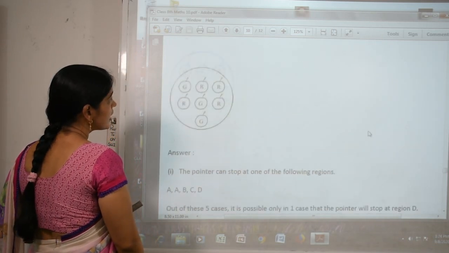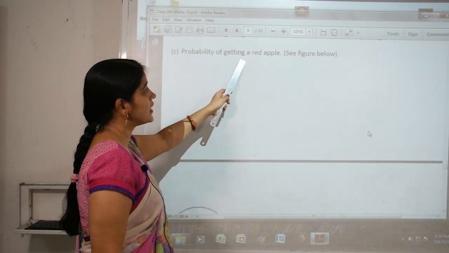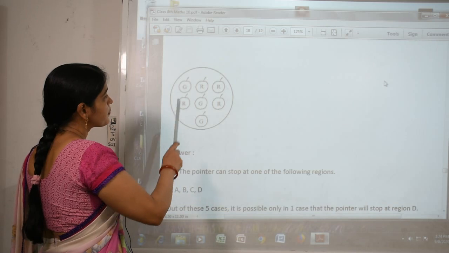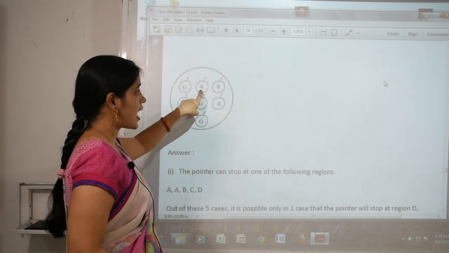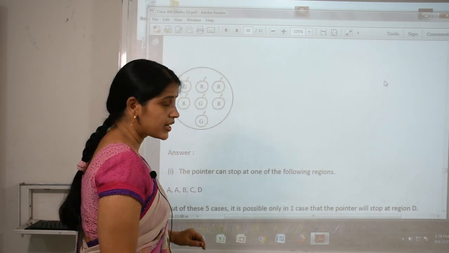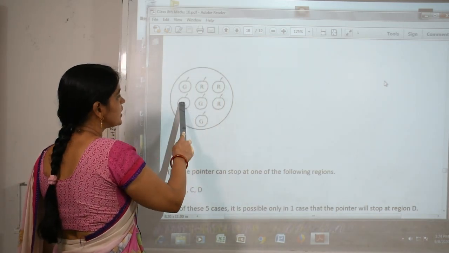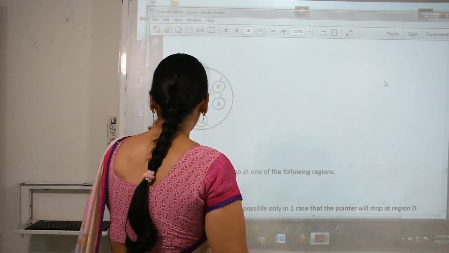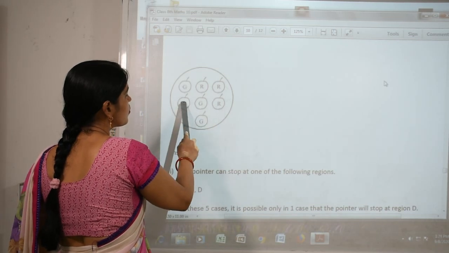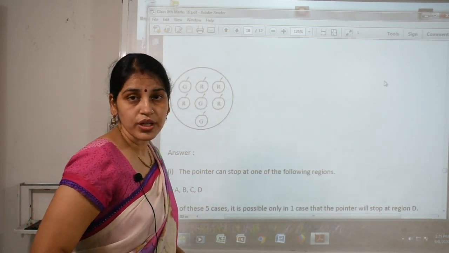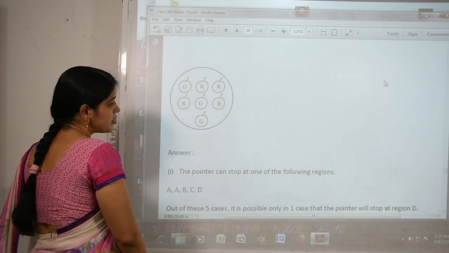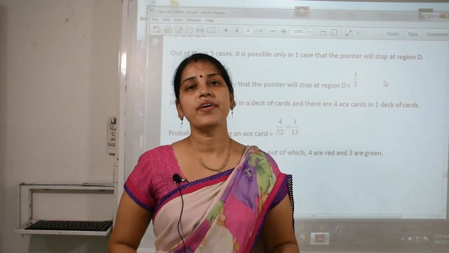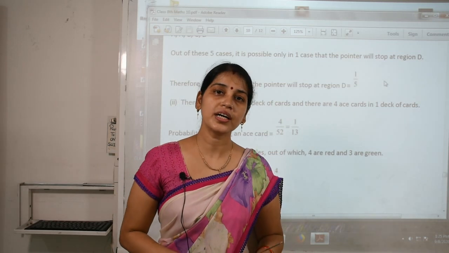Now next one is probability of getting a red apple. अब आपको red apple की probability find करना है. So here you have given here this R mentioning red apple and G mentioning green apple. So red apples are 1, 2, 3 and 4. So favorable outcomes कितना हुआ? 4. Then total number of apples are mentioned here 1, 2, 3, 4, 5, 6 and 7. So total number of apples are 7. So probability क्या होगा इसका? 4 upon 7. So in this way you can find the problems related to the probability.